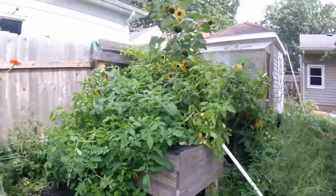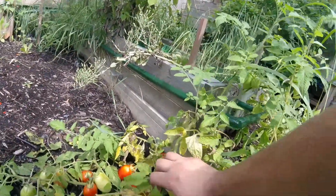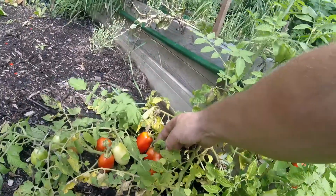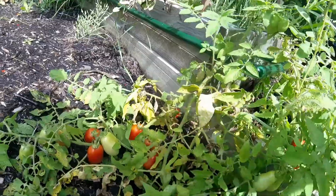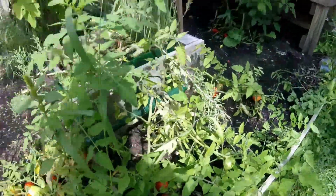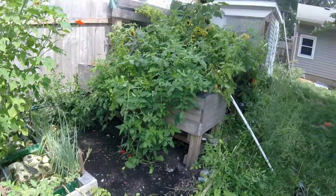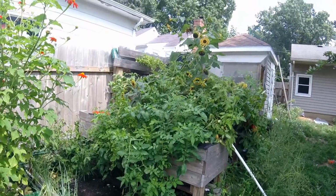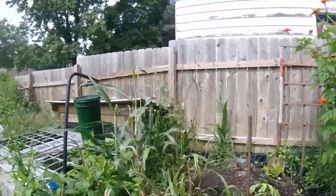They seem to do a little bit better than those ones I had planted just on the ground. Same thing. I tried not to water these any. The color's not bad. They're a little smaller, but it was definitely a good year for tomatoes here. So we'll see next year if the tomatoes do as well in the aquaponics system or not. What else